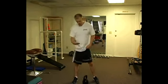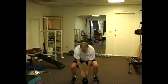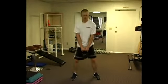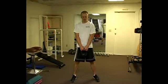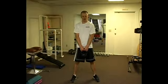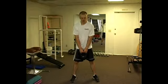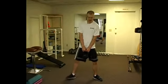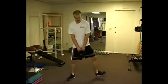So again, we're going to go down and lift the weight. Always respect the weight that you're picking up and pick it up well. Now, when we start this exercise, what we do is it's a squat down to the ground. The sumo part, if you've ever seen sumo wrestlers and they start at the beginning like this,